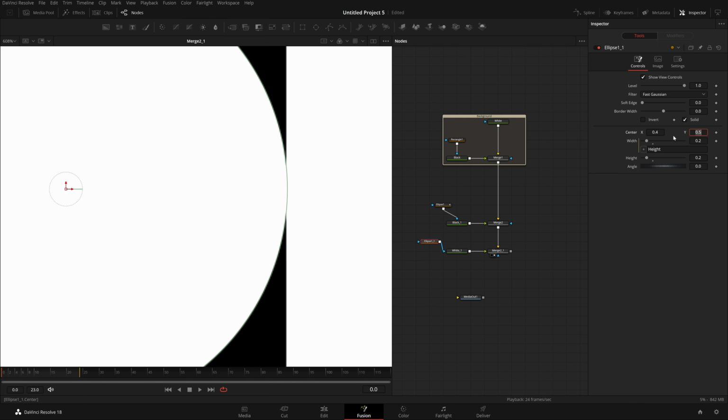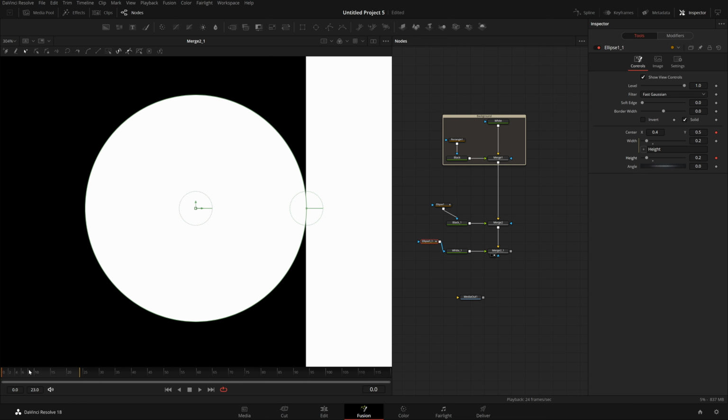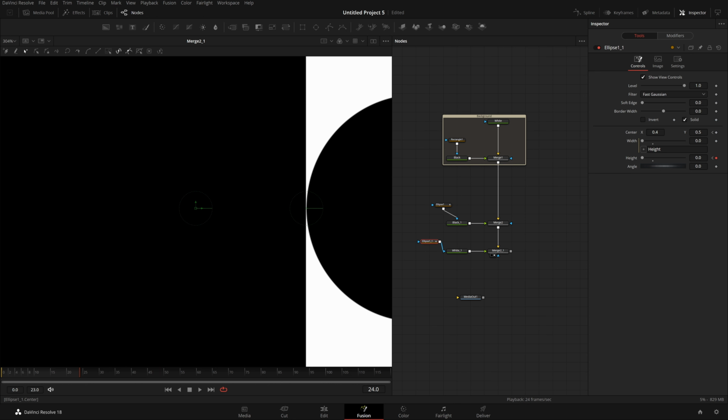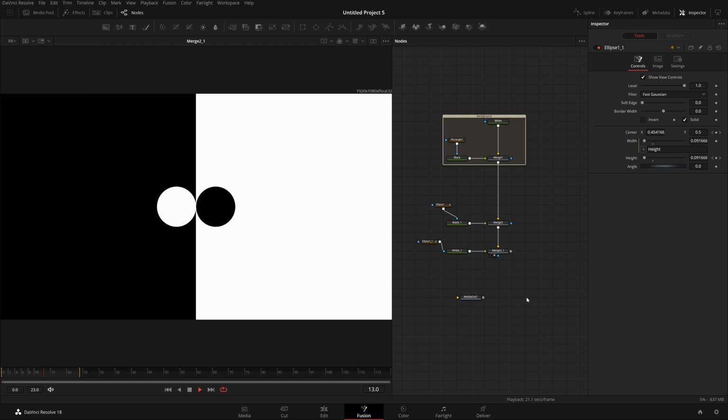Yeah, 0.4 I think is fine. Okay, so click this, come to the last frame, make it 0, again put it here, and now if you'll play,